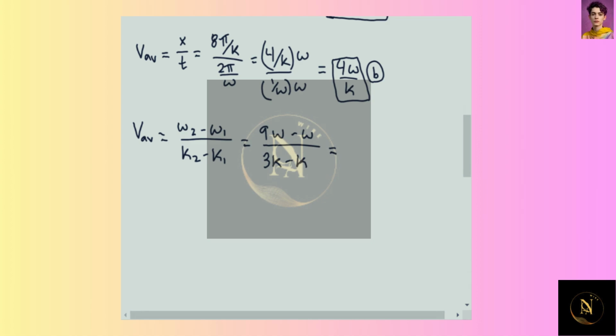So on the top we have 8 omega divided by 2k on the bottom, and the average speed is 4 omega over k, which we can see corresponds to the average speed that we just solved for part B. So they match, and that is how